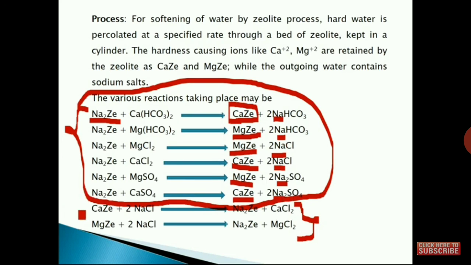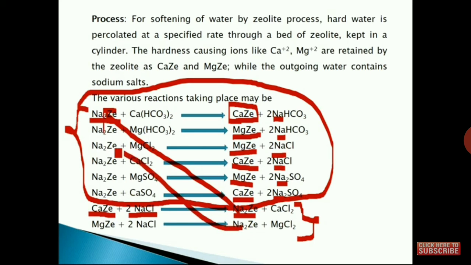Okay, and for these two reactions, once this zeolite gets exhausted, you have to regenerate it. We cannot discard it. We have to regenerate it. So for the regeneration, you can see here what we are doing. We are reacting this calcium zeolite with the brine solution, 10 to 30% NaCl. So the reverse reaction would occur and your zeolite would be reproduced, which you can use again here. Similarly, this regeneration applies here, which you can use here also. So this is the regeneration part.